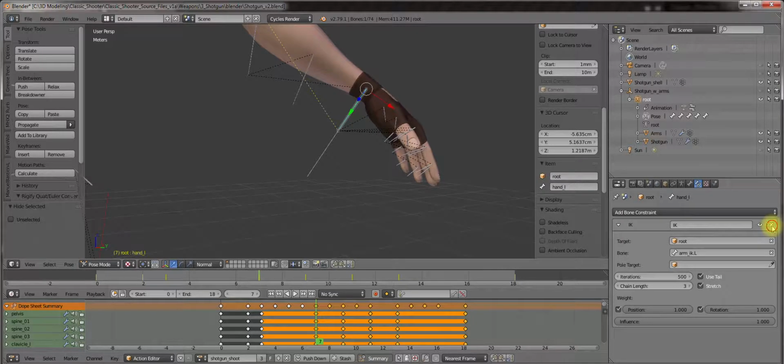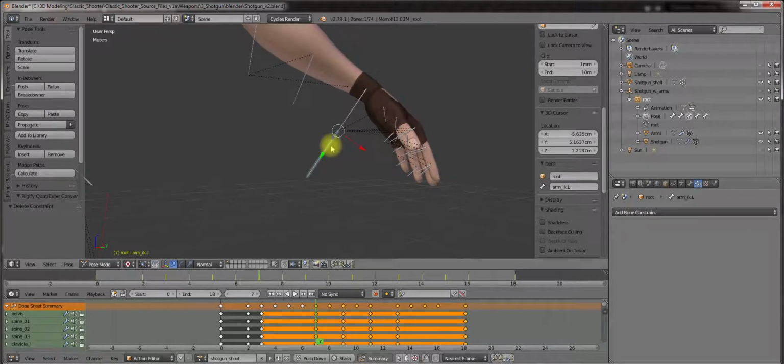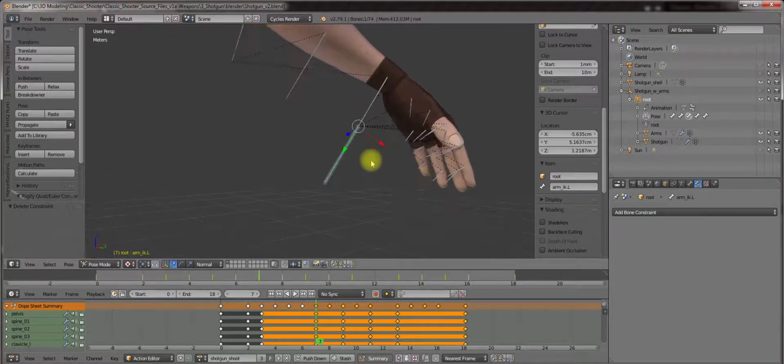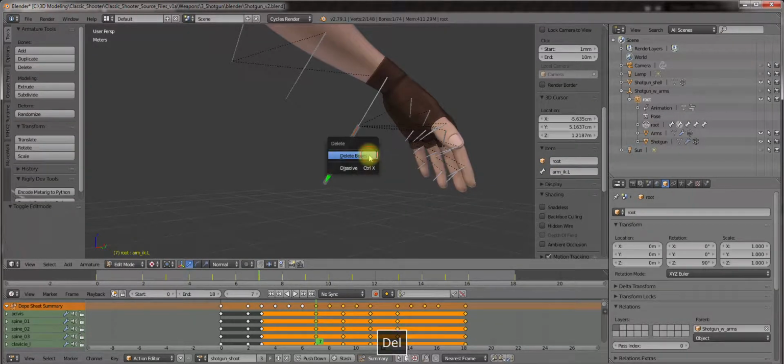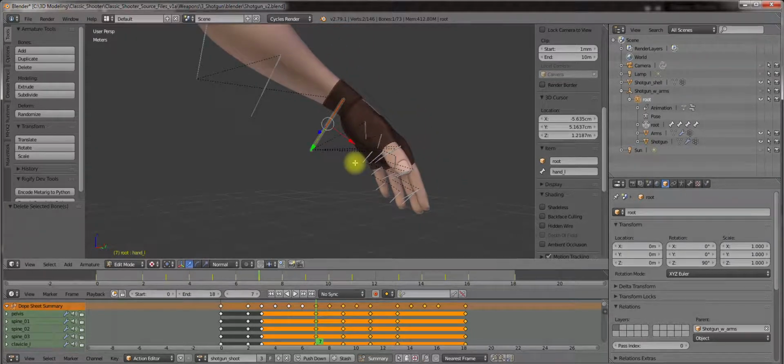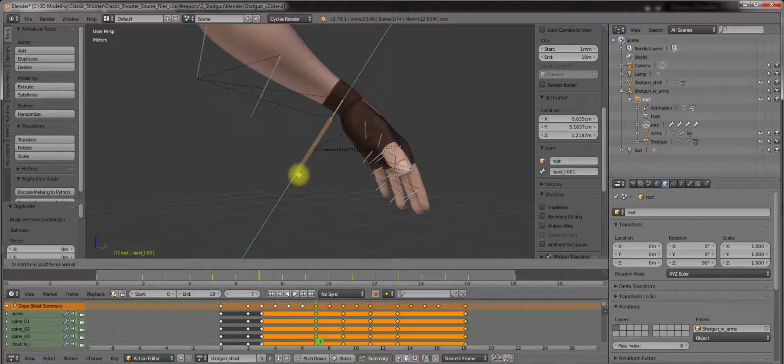I'll remove the constraint and delete the bone in edit mode. So now I pressed, oh yes, just a second. Here in the tools we can click duplicate and then press escape and then drag,